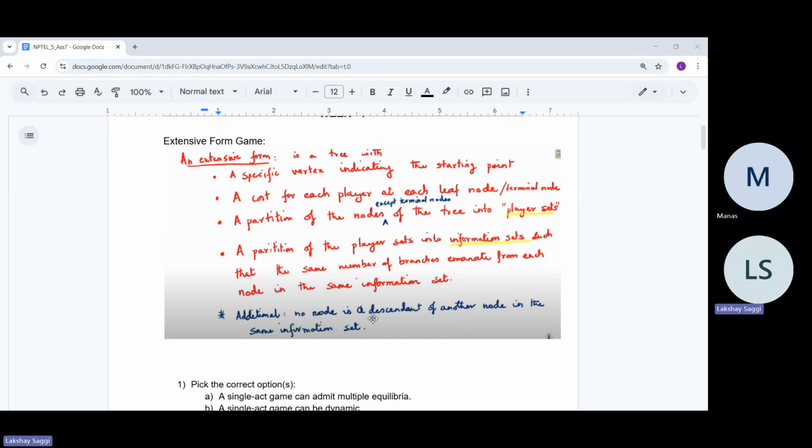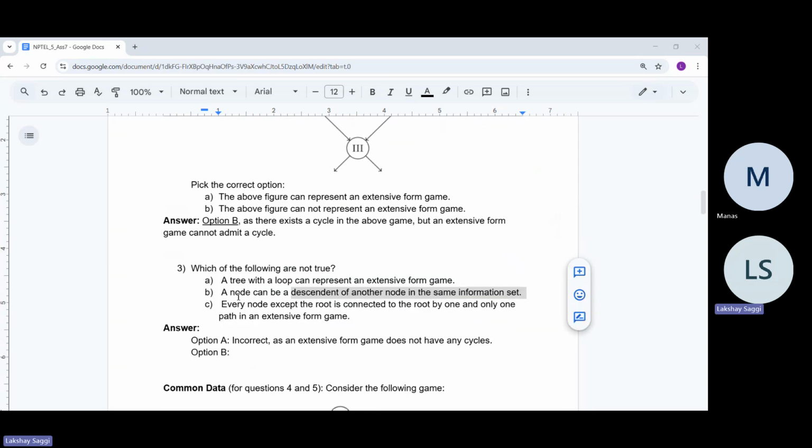This assumption that no node is a descendant of another node in the same information set is the assumption of not being absent-minded. So this is what we will be assuming is part of an extensive form game, this assumption of non-absent-mindedness: no node is a descendant of another node in the same information set. So option B, a node can be a descendant of another node in the same information set,